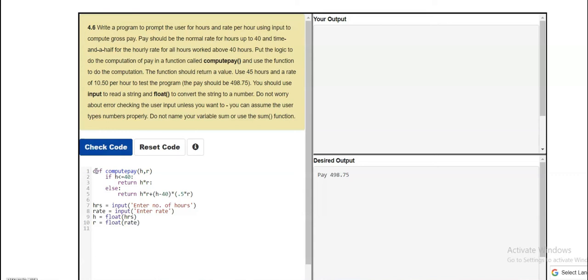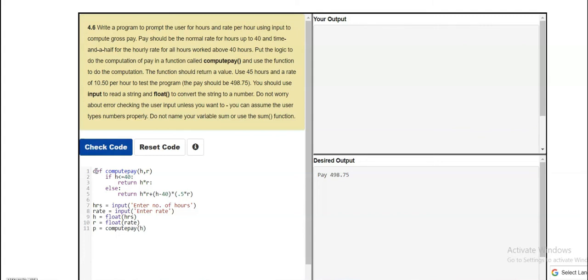Now we have to call the function, and when the function is called, a value should be returned by the function. That value, the total amount, we will store in variable p. We call the function by just typing the name of the function, compute pay, and we have to transfer two variables, h and r.